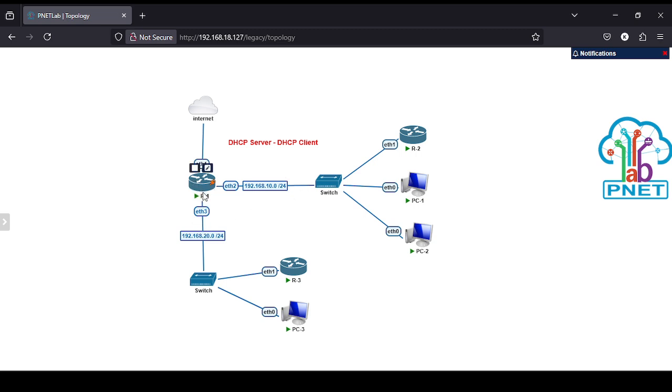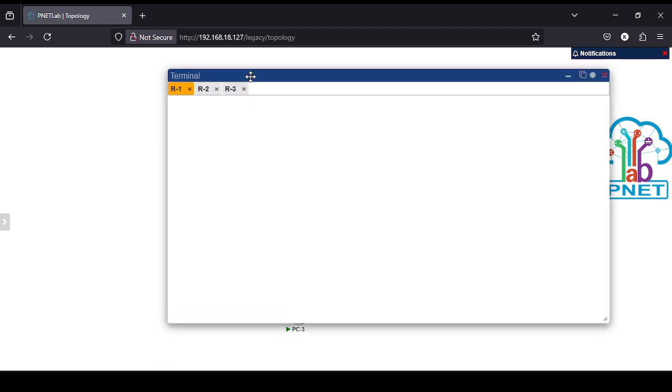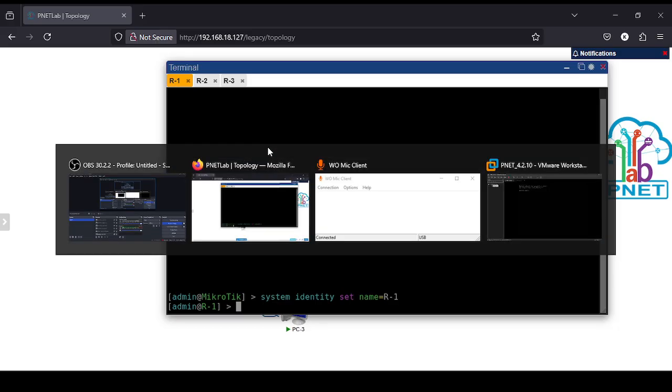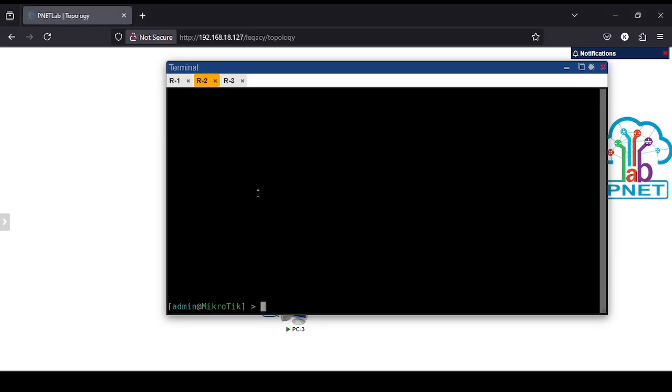Before configuring the DHCP server, we must configure the basic configuration first in our router. So here in router 1, I will give the name. In R2, the system identity. Also in router 3,